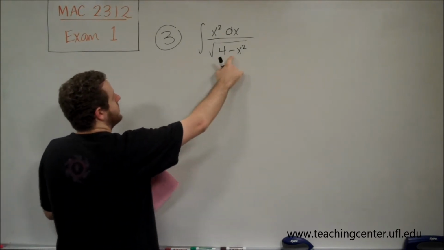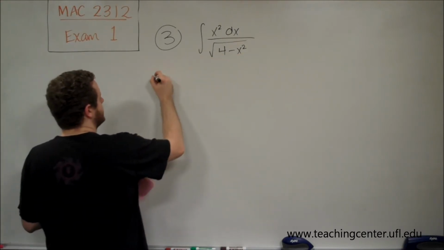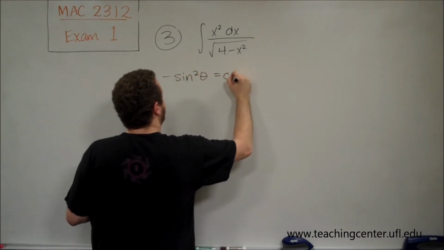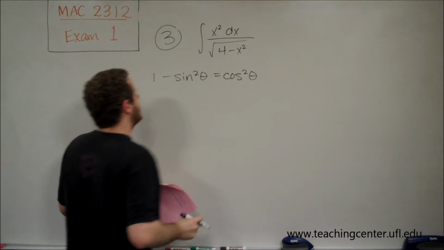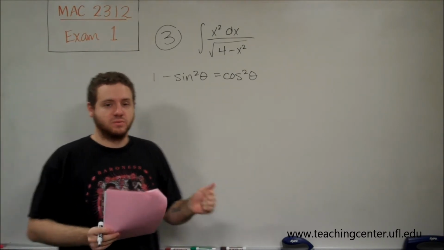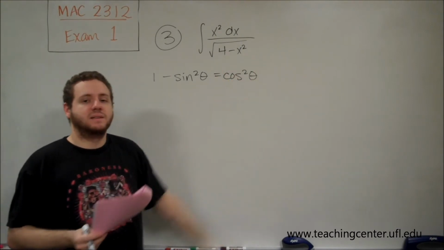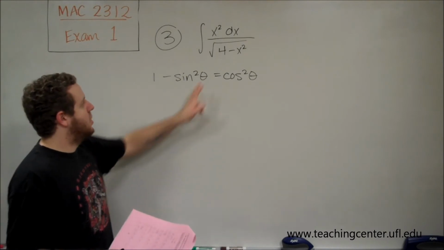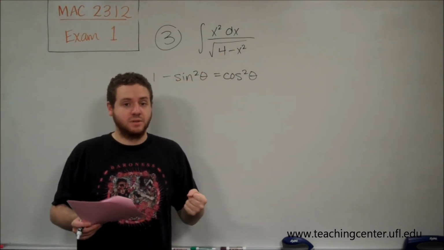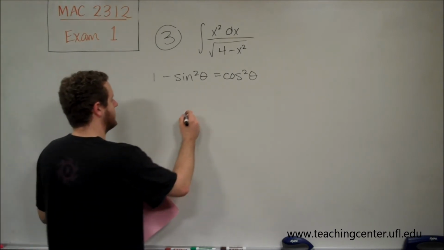So when we have a number minus a variable squared, we want to use sine, and that's because we know that this identity holds. This is just a rearrangement of sine squared plus cosine squared equals 1. So we have 1 minus sine squared equals cosine squared, so if x had to do with sine squared, and we could get the coefficients to match up, this would work out perfectly as a trig substitution. So we know that x has to be something to do with sine theta,